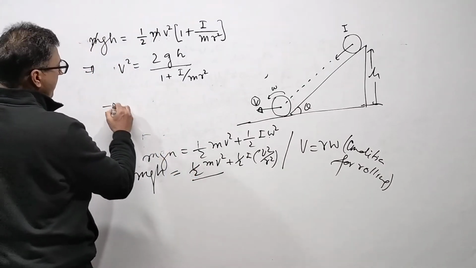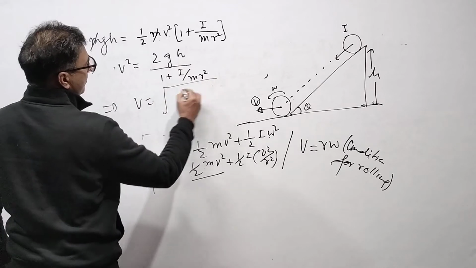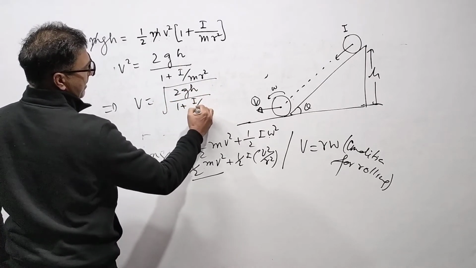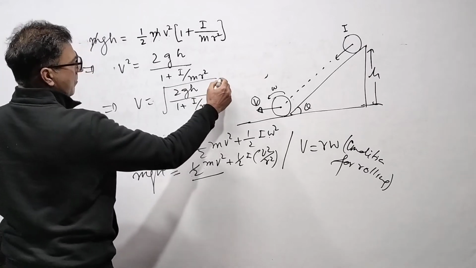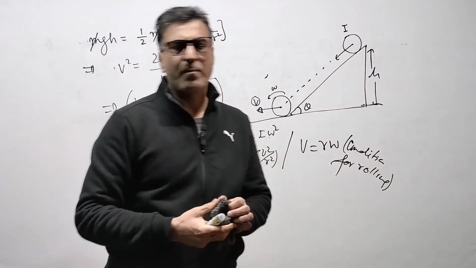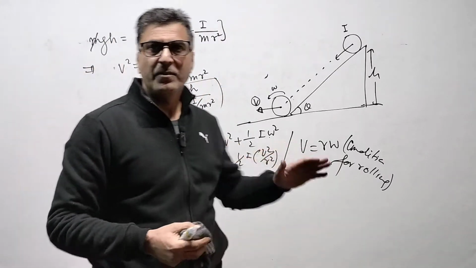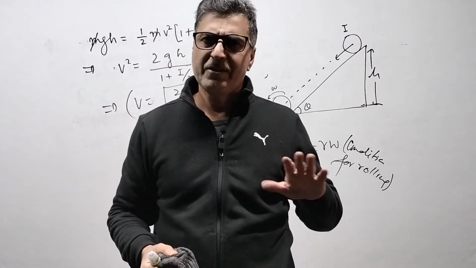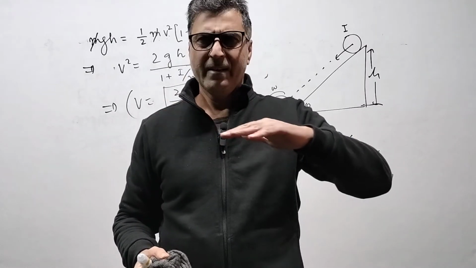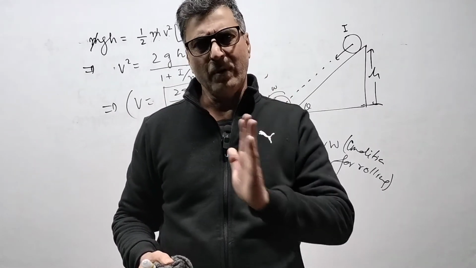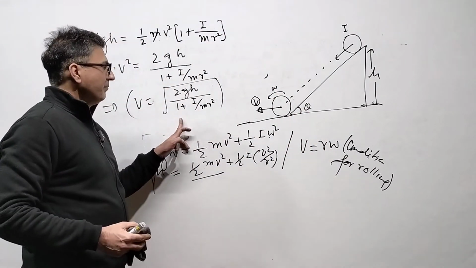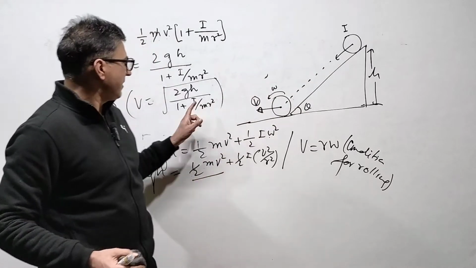V is equal to the root of 2gh divided by 1 plus I by mr square. This is the general formula for velocity when the body reaches the ground. This is the formula. Now, if it is a disk rolling down, you can write the moment of inertia of